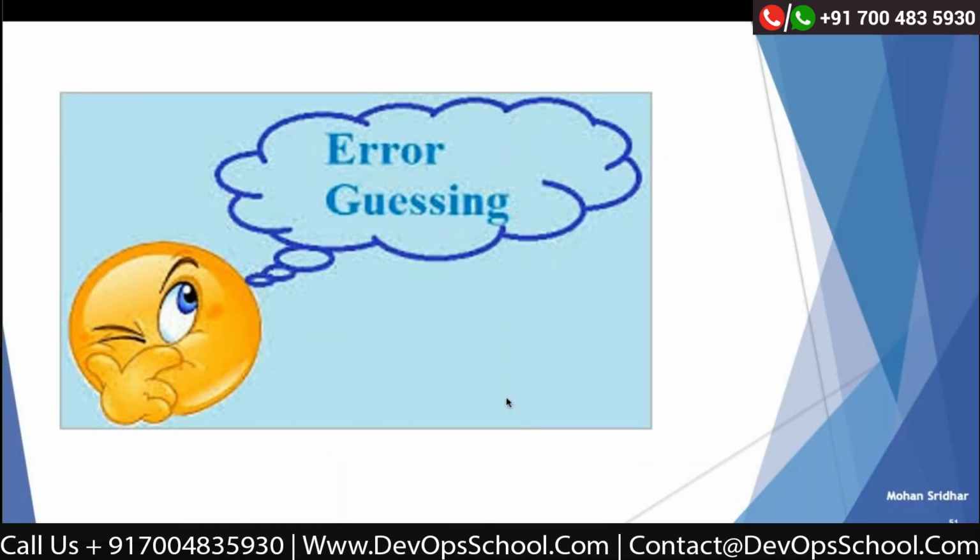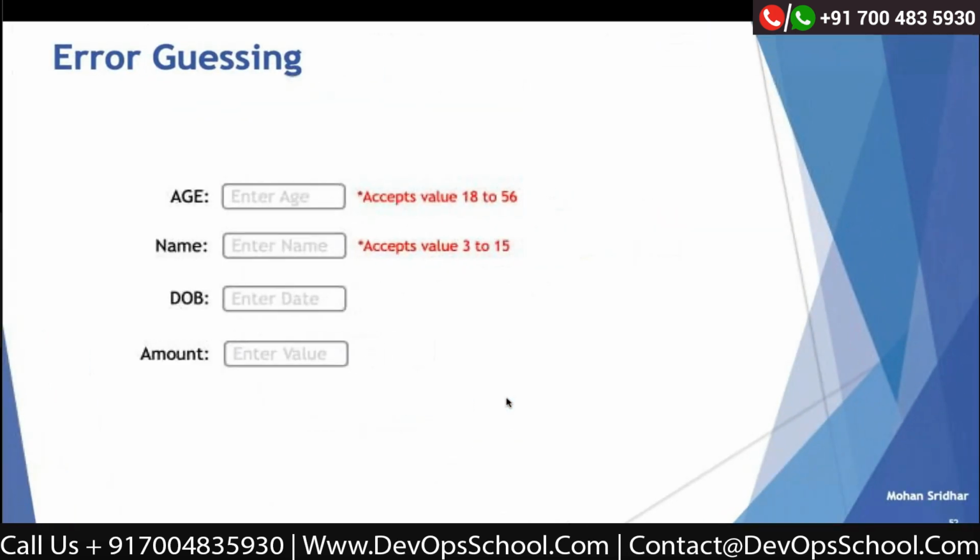So actually, error guessing without requirements, you write some of the things. Okay, so if you see here, I'll give one example for date range. The date of birth here, the possible errors might come in the months,